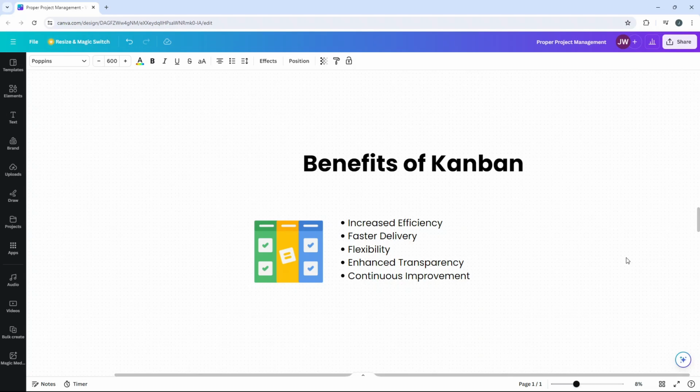This all results in enhanced transparency. So the visual nature of Kanban boards promotes transparency across teams. Each member can easily see what tasks are in progress, who is working on them, and their current status. Now, this transparency is also useful because it helps to foster accountability, encourages collaboration, and ensures everyone is aligned with